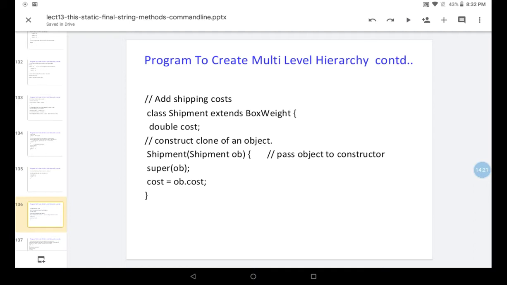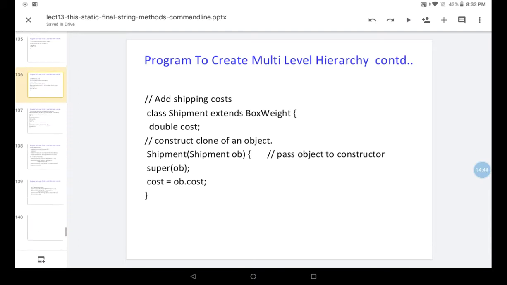So why do we need a constructor? A constructor is used to initialize instance variables. Here we are initializing the cost instance variable to object.cost: whatever other object we pass, that object's cost is assigned to our instance variable.